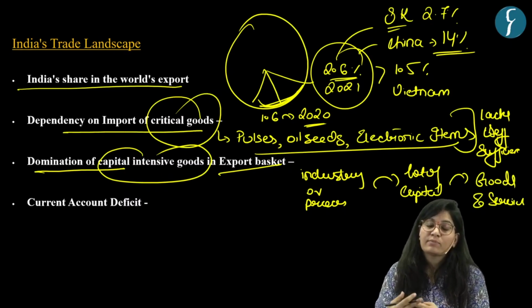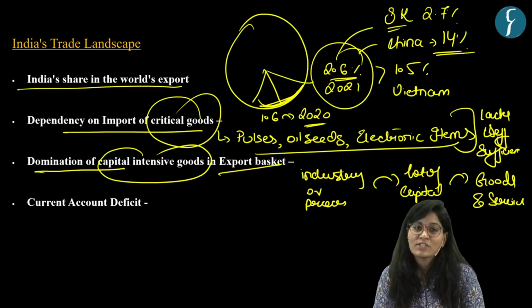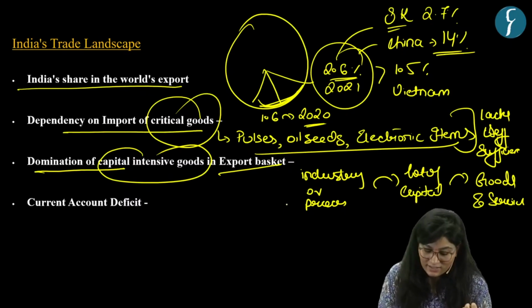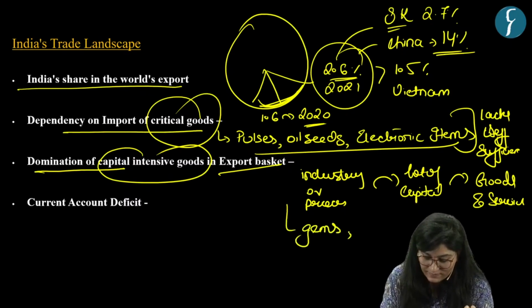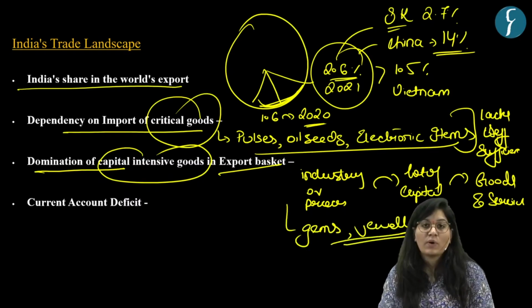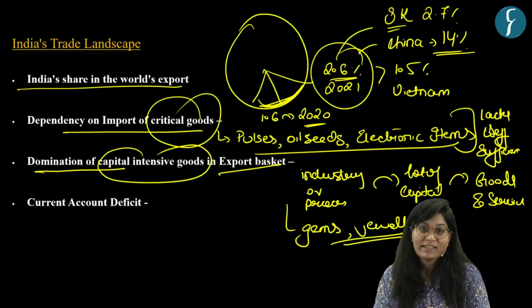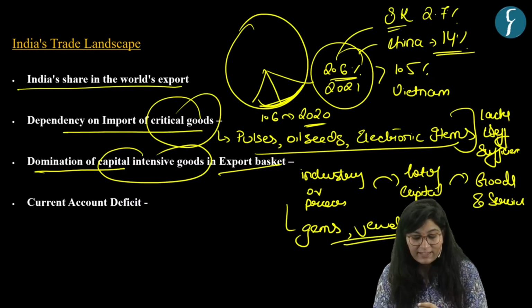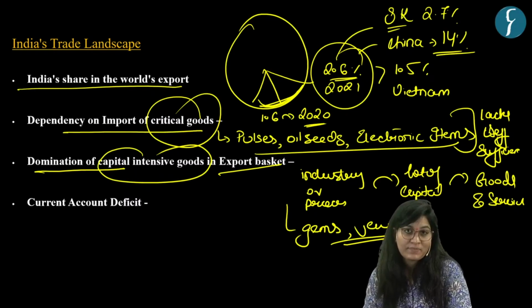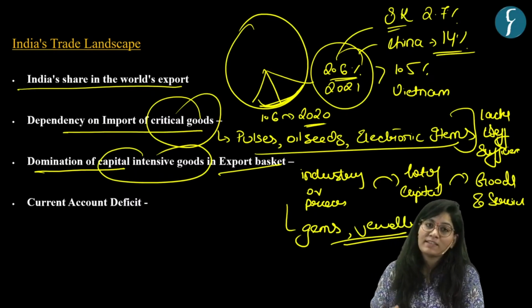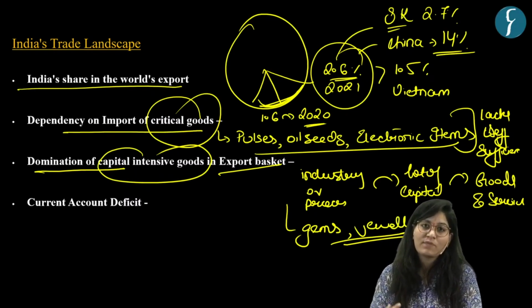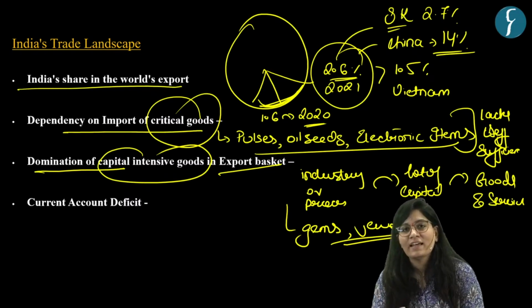So capital intensive industries will produce goods like gems, jewelry, so all these will come under capital. Petroleum products will also come under capital intensive goods. Okay, so for this section of industry we need heavy investment in manufacturing, like